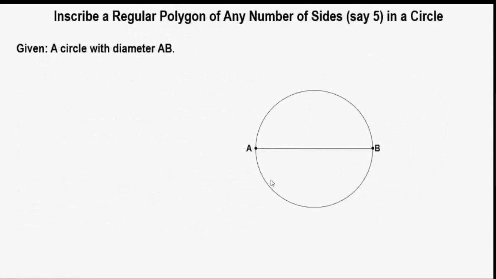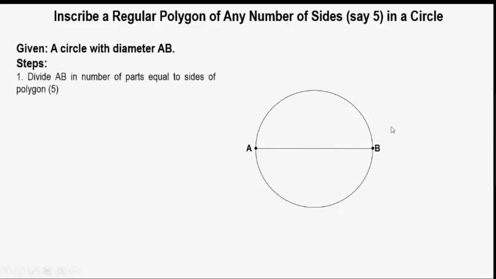Okay, so now we have a circle. Inside this circle, we have to inscribe a polygon of any number of sides. Earlier, the side of the polygon was given to us. Now here, the length of the edge of the polygon is not given to us. I am taking the example of, again, a pentagon. I have to draw a pentagon. The number of sides is 5. I have to draw a pentagon inside this circle of the given diameter AB. But I do not know the side of the pentagon. So I have to first find what is the edge or the length of the pentagon. So this circle is given to us and we have to draw a pentagon inside this circle, meaning all the corners of the pentagon should touch this circle.